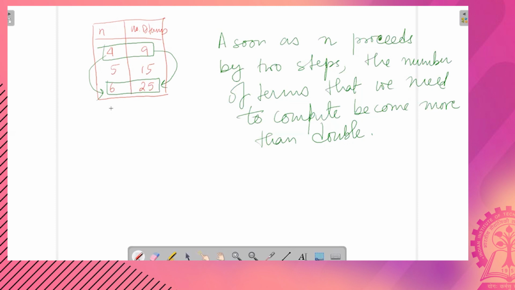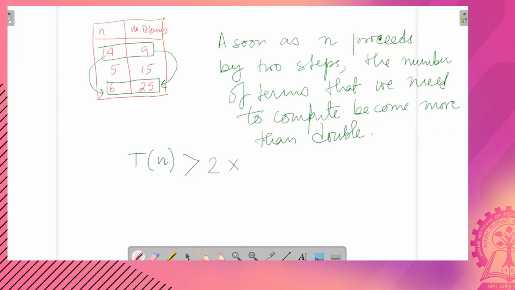Therefore, we can write a very simple expression as follows. Tn, that is the number of terms computed for finding the nth Fibonacci term,